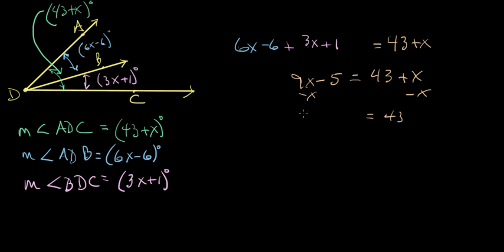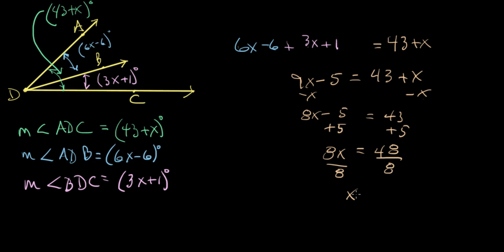It is 8x, because this is the same as 1x. 9 minus 1 is 8. So 8x minus 5 is 43. So you add 5 to both sides, and I have 8x, because these two cancel, is equal to 43 plus 5, which is 48. Divide by 8,